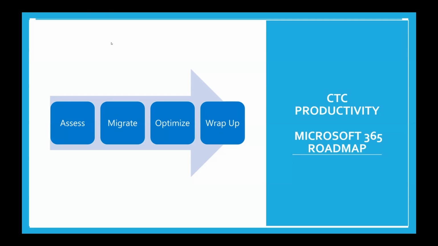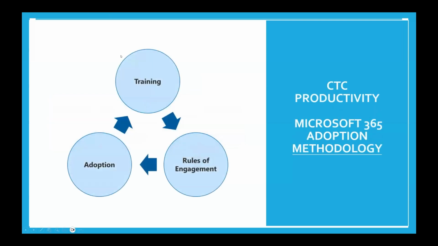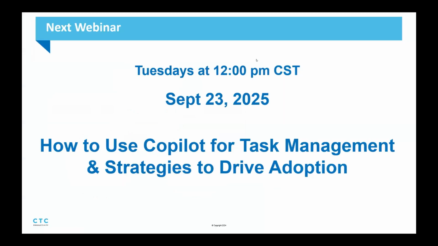So anyway, that's what we do. We have lots of secret sauce to how we approach our work with clients. One of the key things is we always tell clients you need to come up with your rules of engagement. You can think of that as your operations manual. You don't want to go off training everybody on how to use all the tools in Microsoft until you as a company have defined what exactly you're going to use and how you're going to use it, so everybody's crystal clear. That's part of how we ensure adoption happens properly.